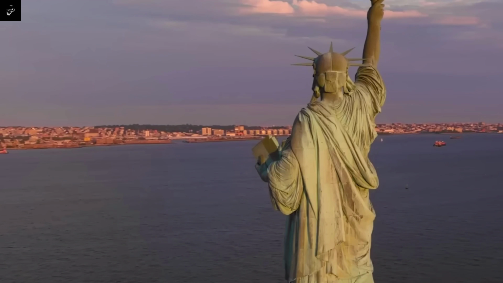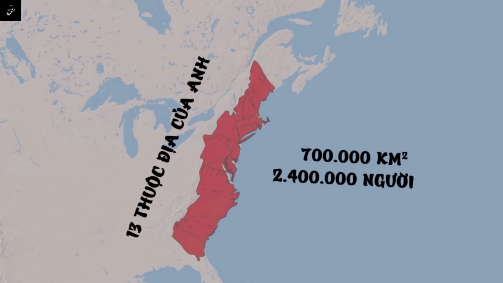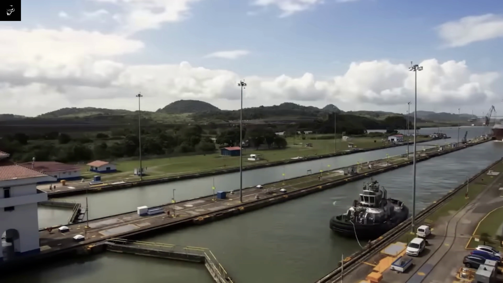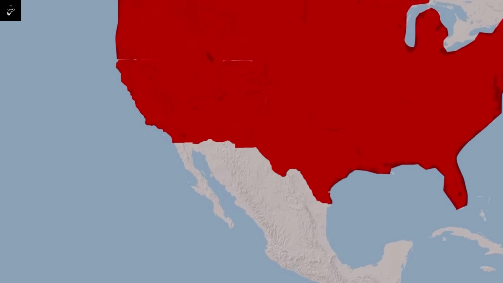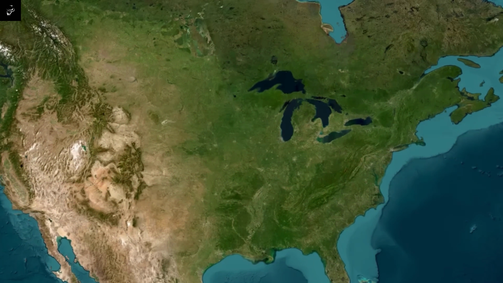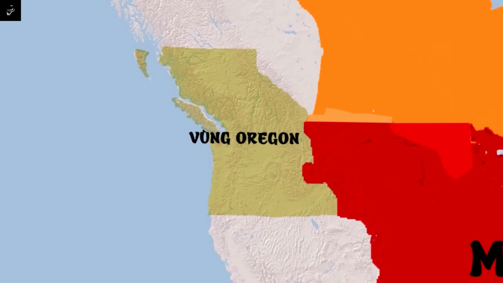However, due to various reasons, primarily the disagreement between the Mexican government and the new immigrant community, the situation changed. They launched a revolt to break away from Mexico and form a self-governing nation. From 1836 to 1845, this territory was known as the Republic of Texas. The newly established republic declared sovereignty over a vast territory, with a total area of up to 1,007,935 square kilometers. Today, this region encompasses the entire state of Texas along with parts of Wyoming, Colorado, Kansas, New Mexico, and Oklahoma. At the same time, they declared the Rio Grande as the boundary between Texas and Mexico.